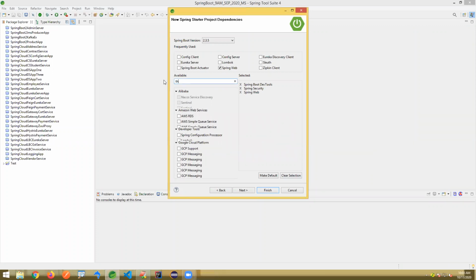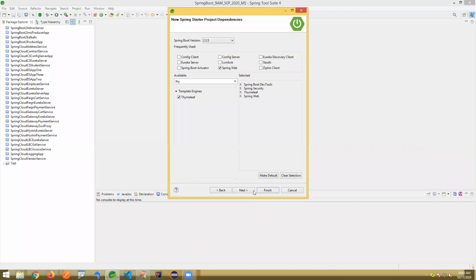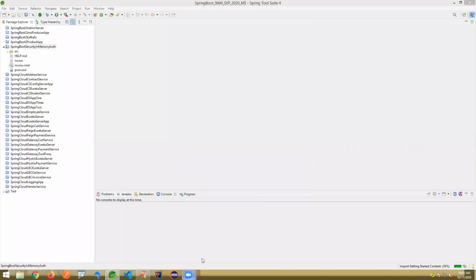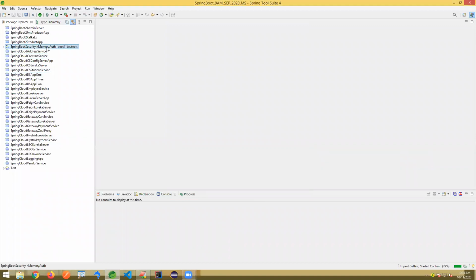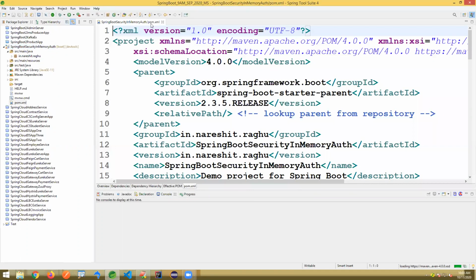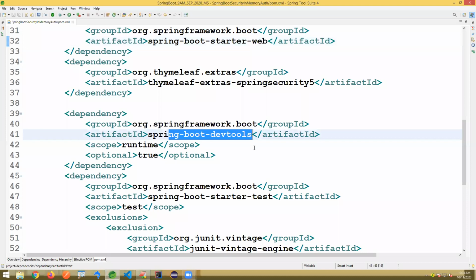I'm adding Thymeleaf here. So Spring Security, Thymeleaf and web dependencies are added. Next button and finish button. The project is getting created. Step 1, we have to create the application using the below dependencies: security, Thymeleaf UI, or you can take JSP UI, web dependencies, and DevTools.